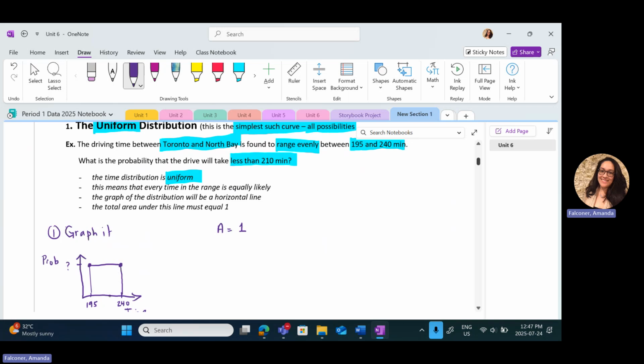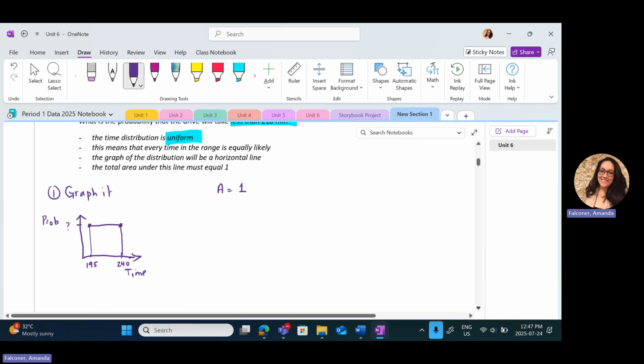So the area underneath this curve is going to be something in between here 100% of the time. And we should recognize that this graph is really creating a square